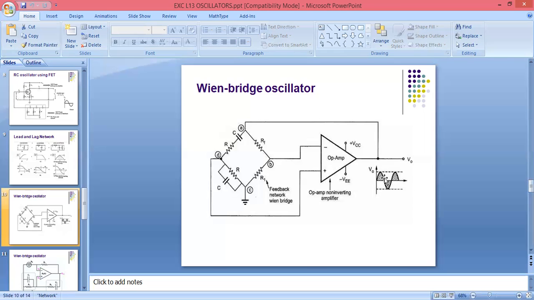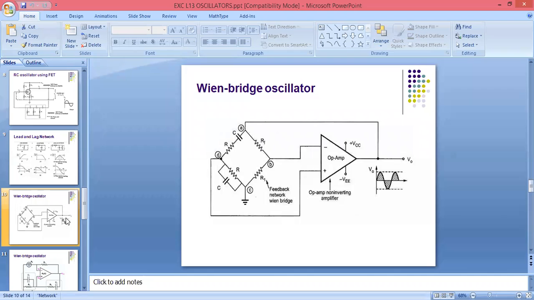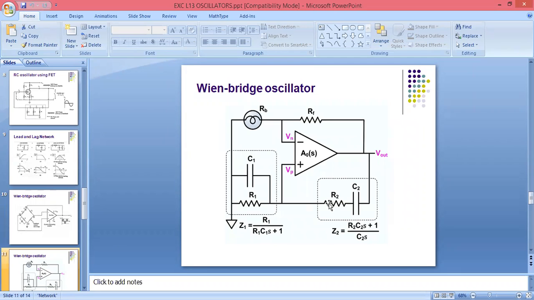You can see this is the output voltage which is sinusoidal, and here where we are giving the input, we are giving input as a feedback from the output, and that will be again sinusoidal. So here we can see now Wien bridge oscillator, this is the same circuit diagram. You can see this is the same, but instead of this bridge, what I have done, I have taken this resistor capacitor directly,